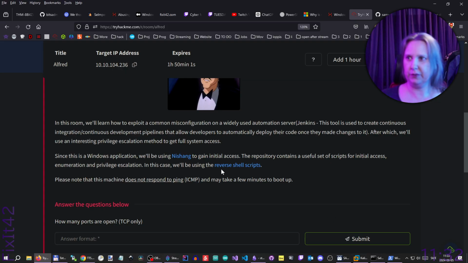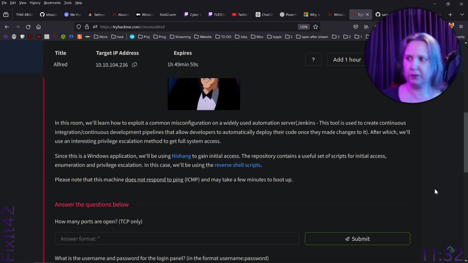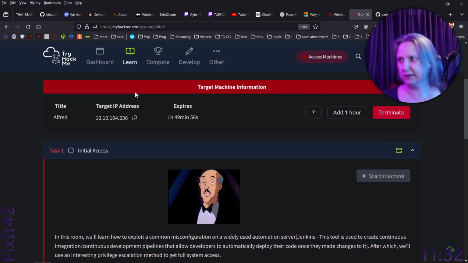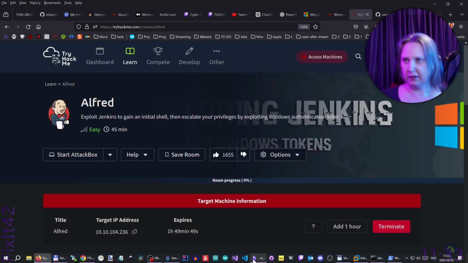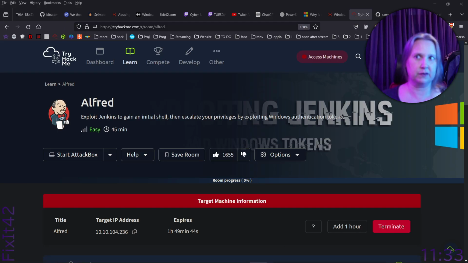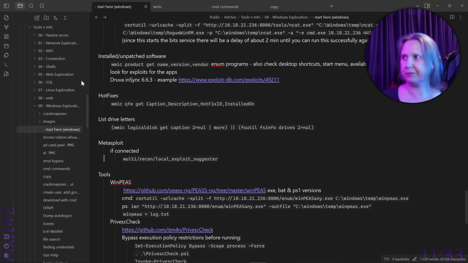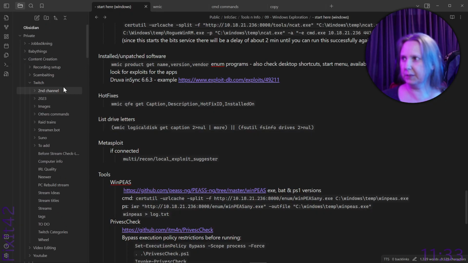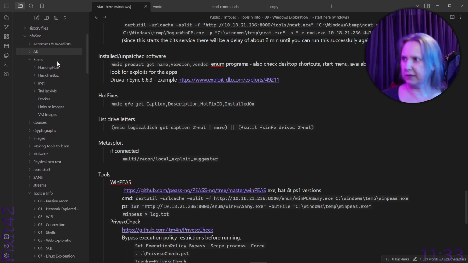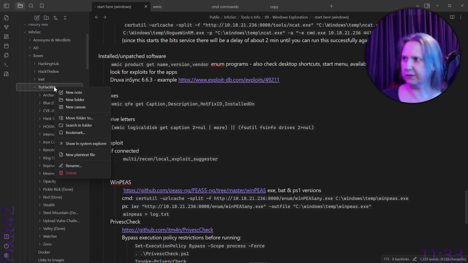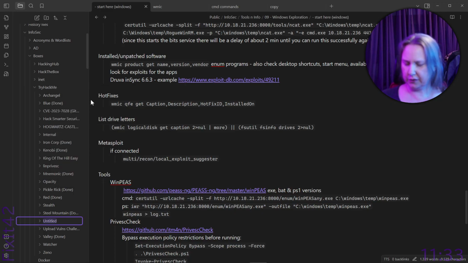Let's start making notes, and let's just start exploring the box, ignoring their thing, right? Because we will use that, but let's just do what we would regularly do first. Let's make box notes for it. Alright, it's on the wrong screen. So, let's actually, that makes me confused here. It's a new folder, Alfred,